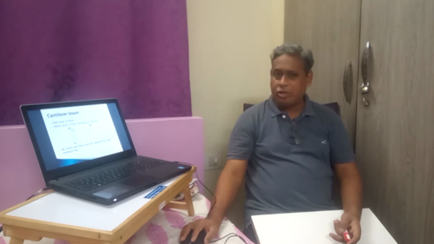Therefore, in this figure we see MA equals 0 and MB equals 0. In a cantilever beam, one end is fixed and the other end is free, hanging in the air. In this illustration, the weight W acts from the top, that is vertically downwards, and there is no other support bearing the load. So the reaction occurs only at A, that is at the support. Similarly, since the turning is restrained, there will be an internal moment.